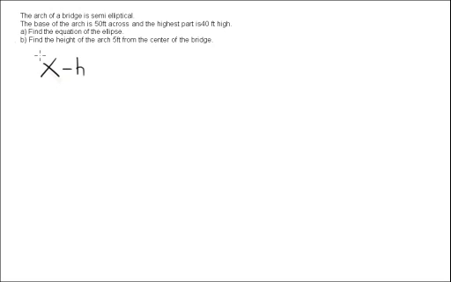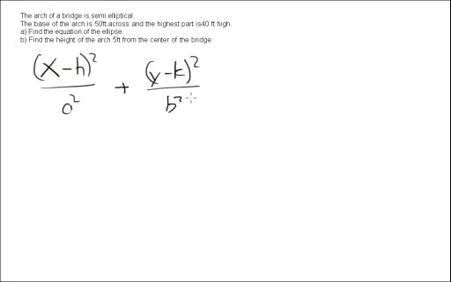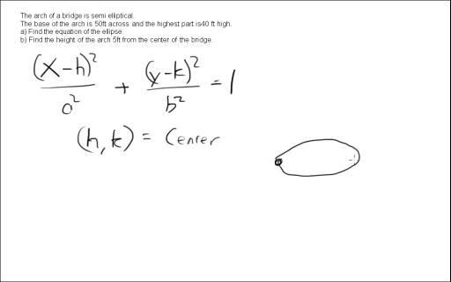(x minus h) squared over a squared plus (y minus k) squared over b squared equals 1, where (h, k) is the center, and the vertices are, for a horizontal ellipse like that, these 2 points are the vertices. Here's the center. And the vertices are at (h plus or minus a, k). Now for a vertical ellipse like this,